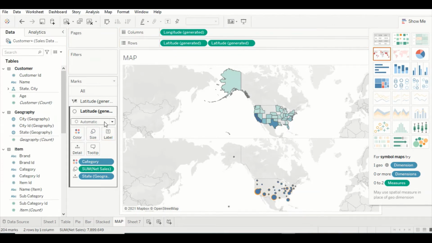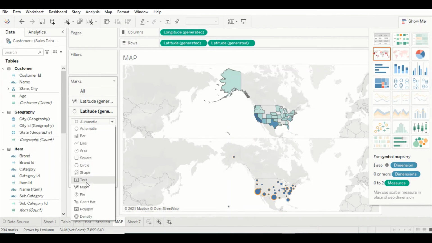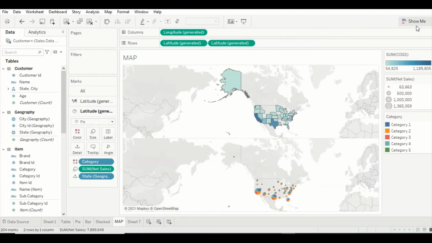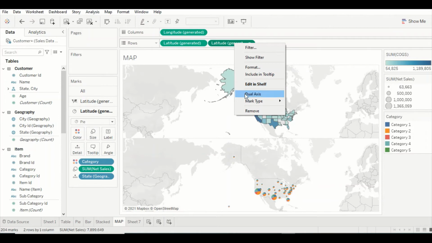Now this is there, and let's go back and see, can we create a pie out here? So now we have pies out here, and we have this out here, which is color shading. Is there a possibility that we can combine these two? This is something we have not explored in our last video, so let's see if we can do that. You have to watch the last video to see how you can create these two visuals. So we now have these two visuals, where one of them has the shading and one has the pies. Now let's right-click on the last one, and here we have the option for dual axis.